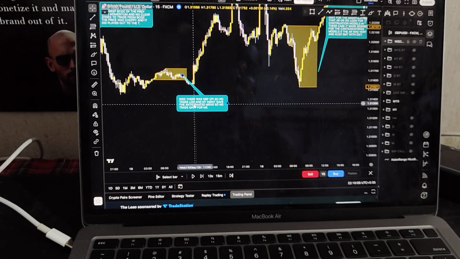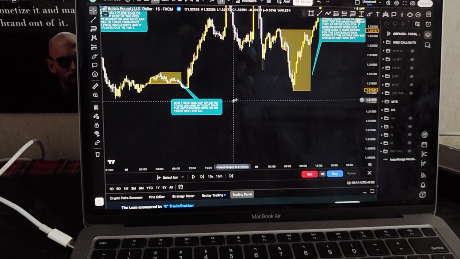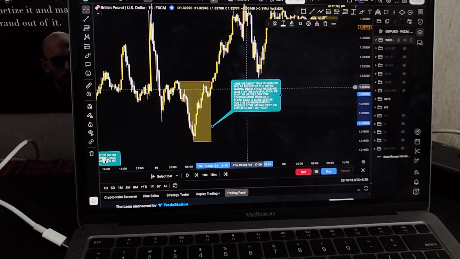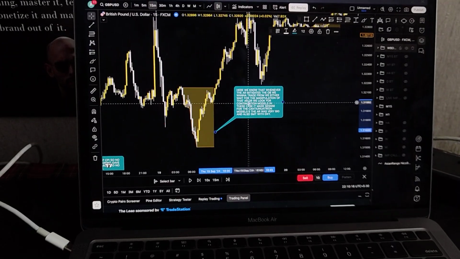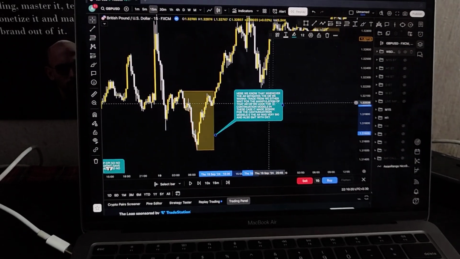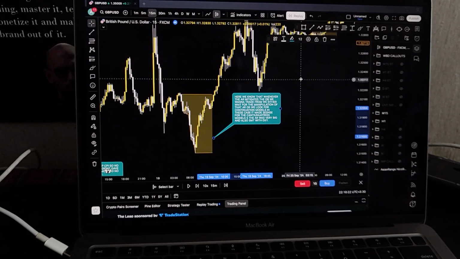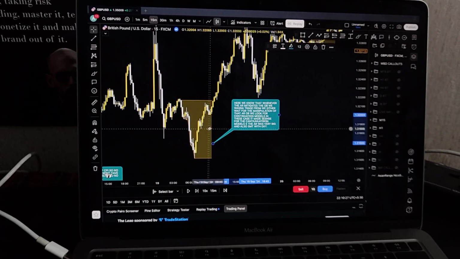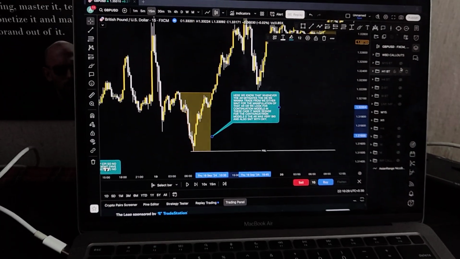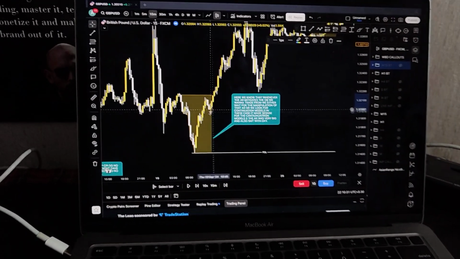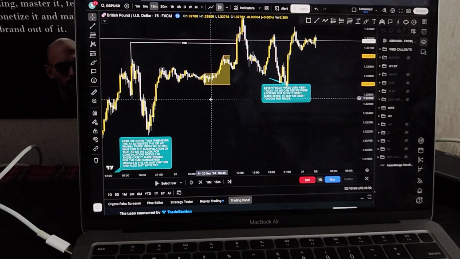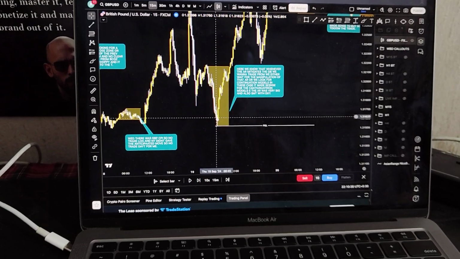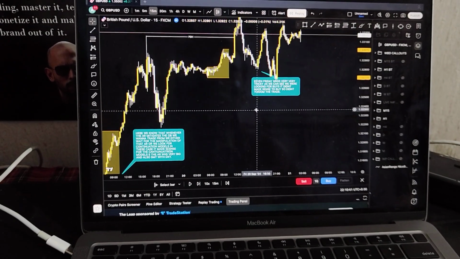Wednesday there was GBP CPI news, so no trade on London, and New York didn't give the anticipated move, so no trade for that day. Okay, here we know that whenever the Asian range mitigates the order block, or manipulates the order block that we want to trade from, we either wait for the manipulation of that zone or we look for a continuation model. In this case, it made sense for the continuation model because the Asian range was very big, 100%. And also, you can argue this demand zone right here was manipulated on this day.